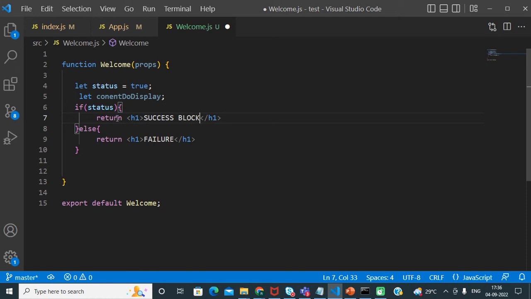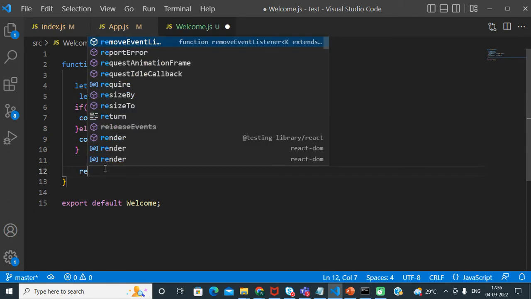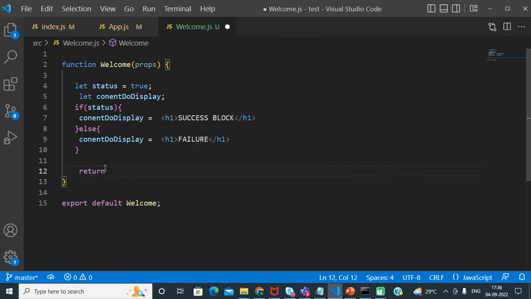Instead of returning, we just store that JSX element, similar to normal JavaScript, and then we return that variable.